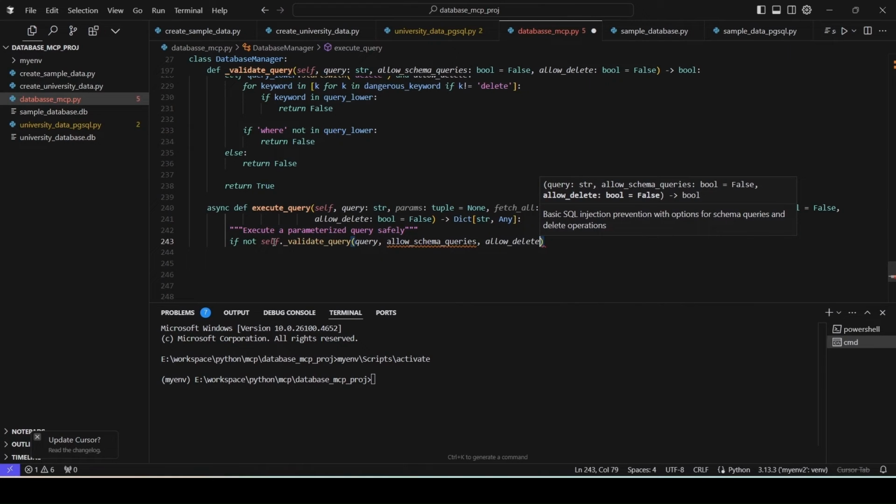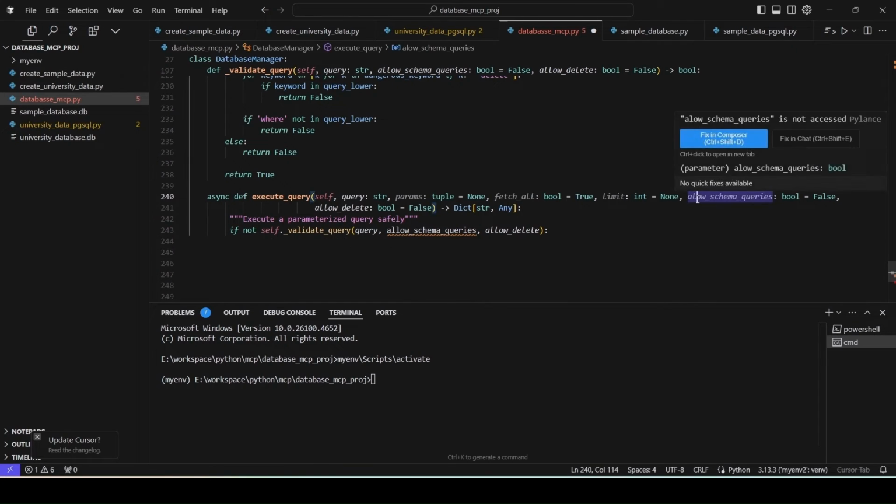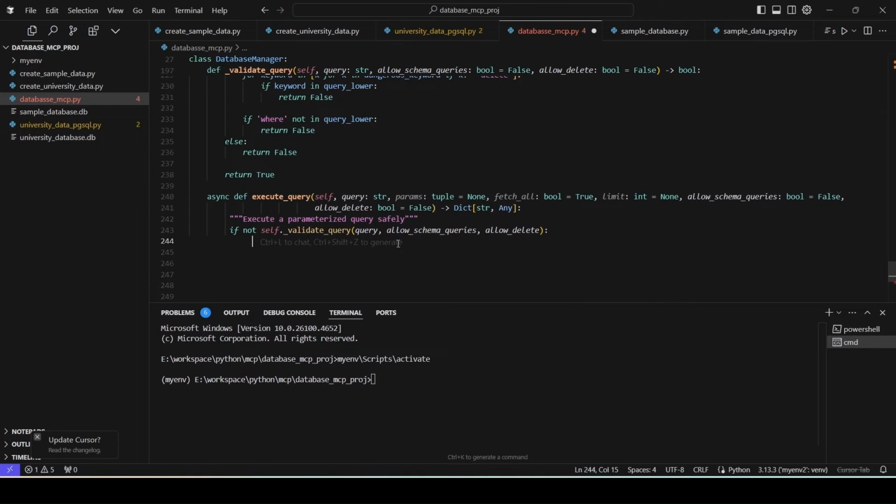So this will call the validate query method, and if the result is true, which means the query is valid, then it will return true. And if it is not a valid query, then we will raise an error. Let's correct this parameter, and then we will now raise an error,